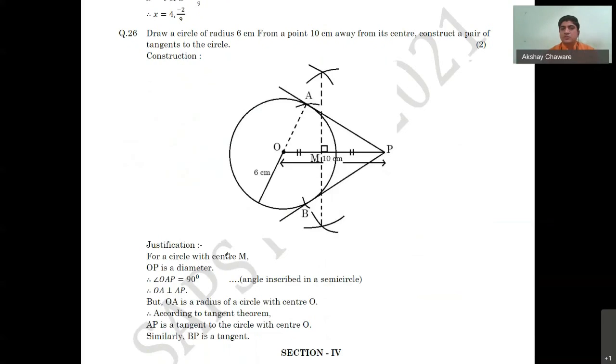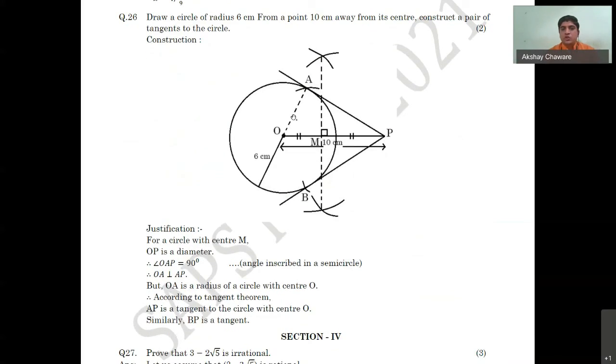Now the justification is very much important. If we join OA, then OA is perpendicular to AP. Why? Because the angle inscribed in a semicircle is 90 degrees. For this circle with center M, OA is perpendicular to AP, right? And that angle is of what? 90 degrees. And since it is 90, we know as per the tangent-radius property that a tangent is always perpendicular